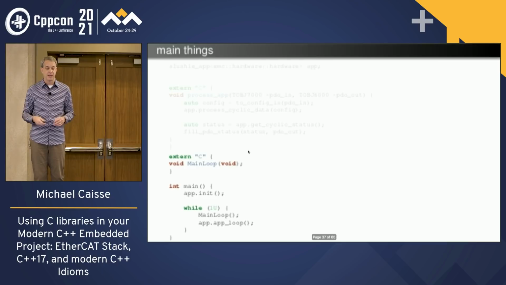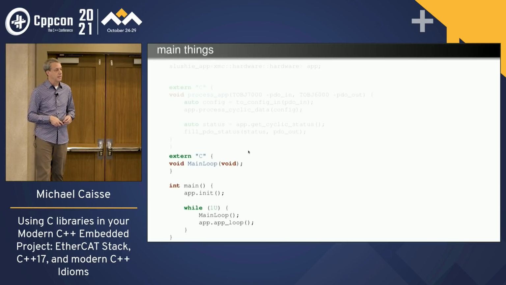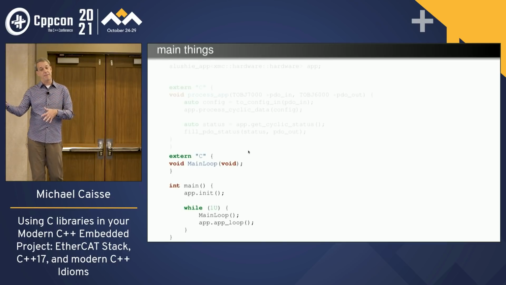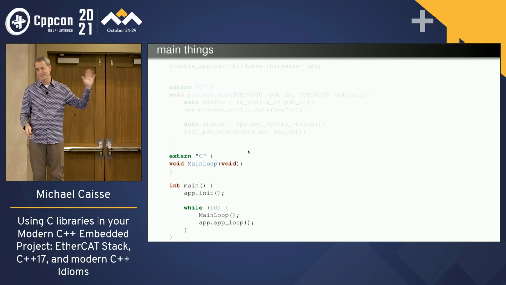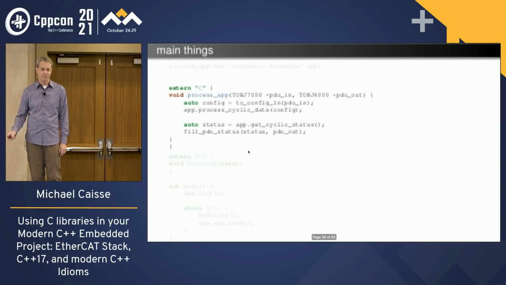So I have app. Now my main loop looks like I'm going to init my app, call init on app. I'm still going to call main loop because as far as I'm concerned, that's just this other library. Don't care about it. And then I'm going to call the app's loop because everything's loop. It's loops all the way down, right? Just main loops calling main loops.